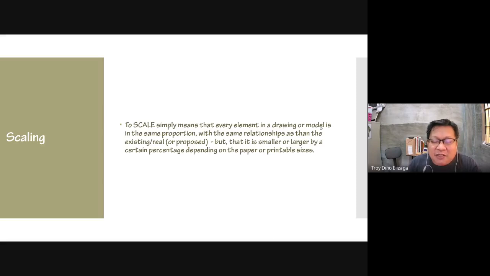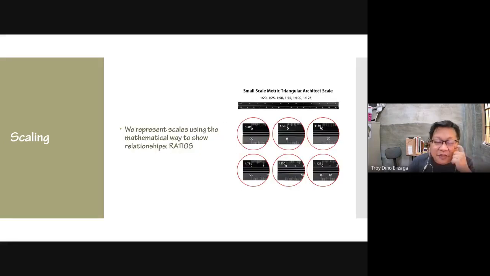So basically what it's saying here is that there is an equivalent size of the real world to fit a particular purpose, like to fit in a paper. So there is an equivalent size which is proportionate. So how do you make that size? So that's called scaling. For us, we will need this triangular metric scale, and